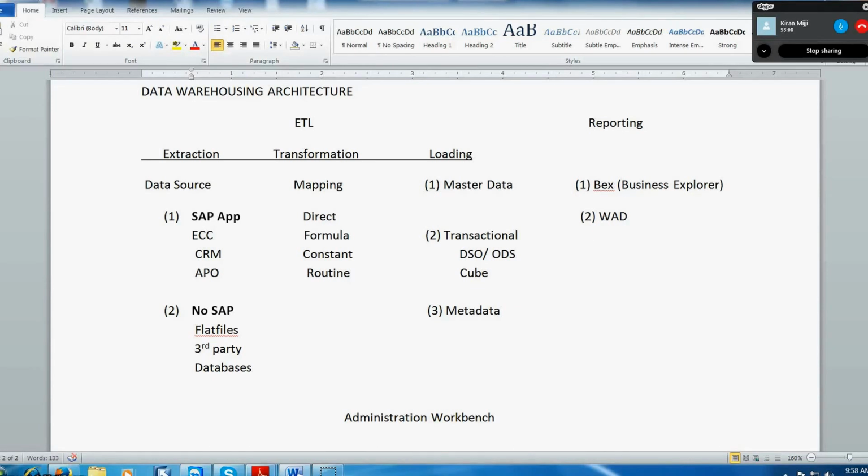Enterprise Portal didn't click much because for Enterprise Portal the company has to purchase the licenses again separately. Even after purchasing the licenses for BI, we have to buy the license, so that didn't click well. But BEX and WAD were given by default by SAP. Then we have BO. BO means Business Objects. Business Objects is the latest one, and the look and feel is far better than what we have in BEX and WAD.